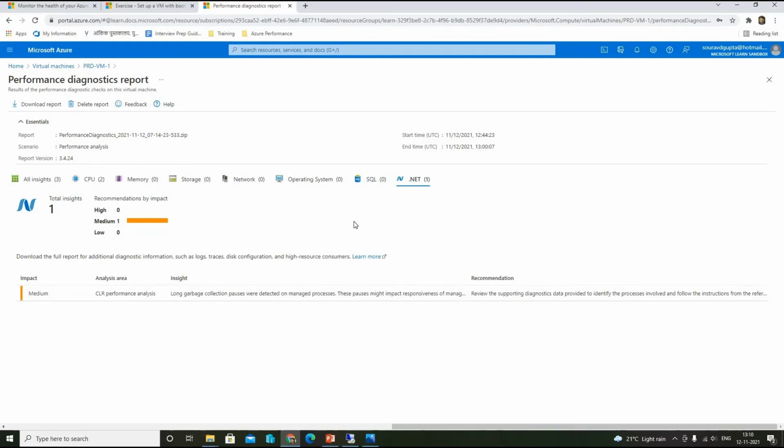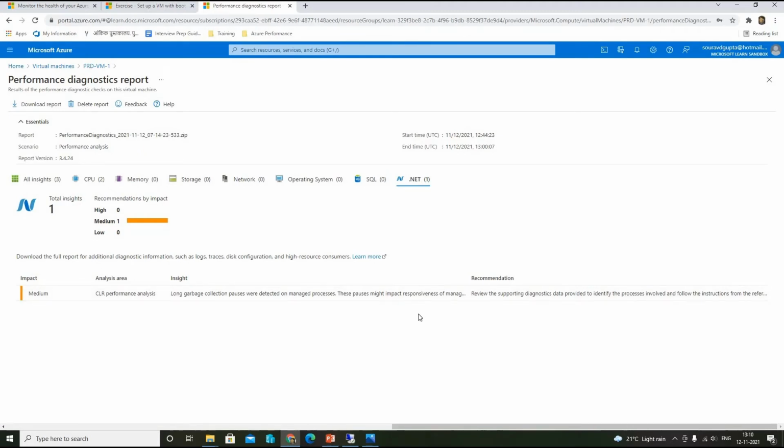This can have an impact because CPU usage during the garbage collection was too high. That is the reason for this insight. So from the Azure portal, we will be able to see this many insights and this much detail.